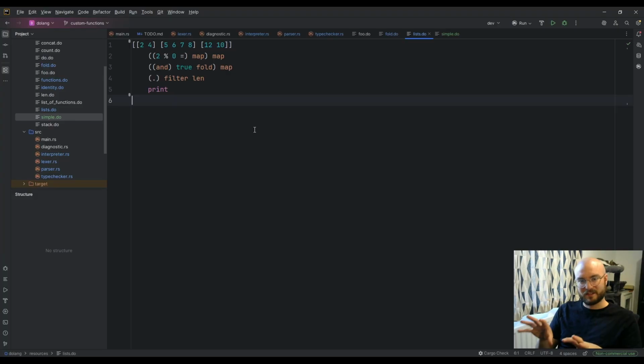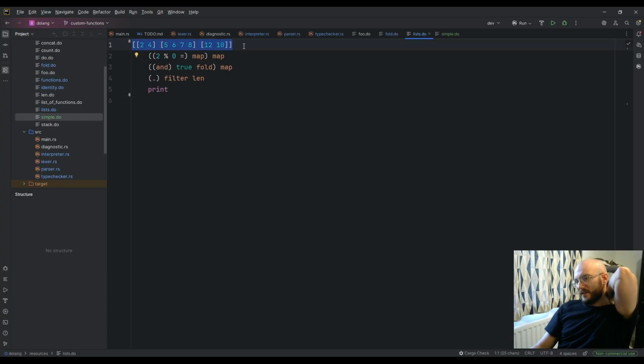Every time I check something, I need to make sure: am I erasing a generic? And if I'm type checking a list, I have to check its elements to make sure I'm erasing its elements' generic, if it's a generic. And then you can see that's kind of recursive, which I haven't actually implemented yet. So I think if we have nested lists of generics, it will break, but for now it's fine.